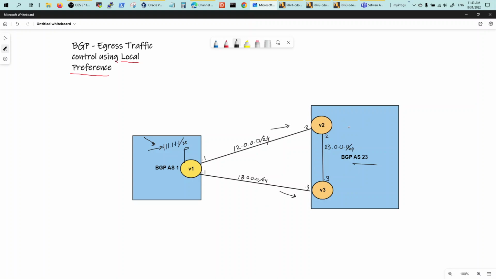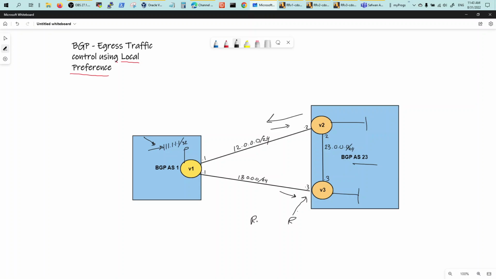So therefore, any packets arriving to VOS2 and 3 would take this path going out for this prefix or this network. But what we'll do is we will put a route map on VOS3,